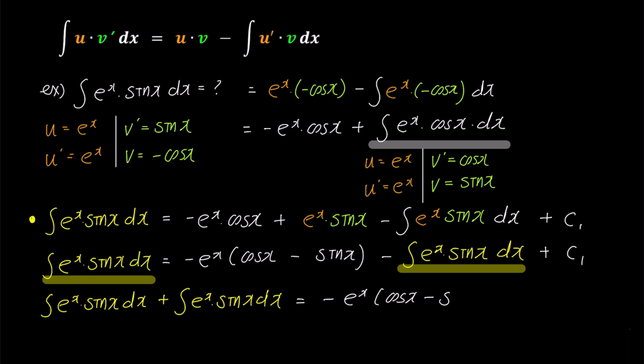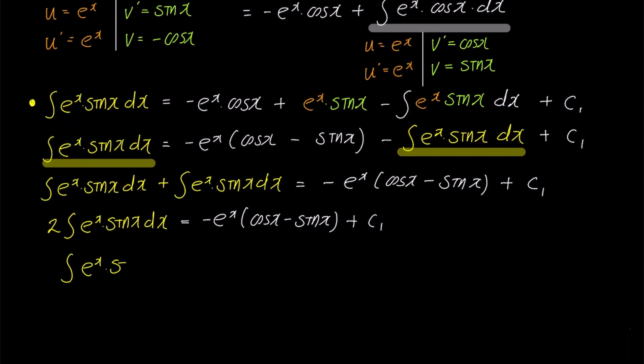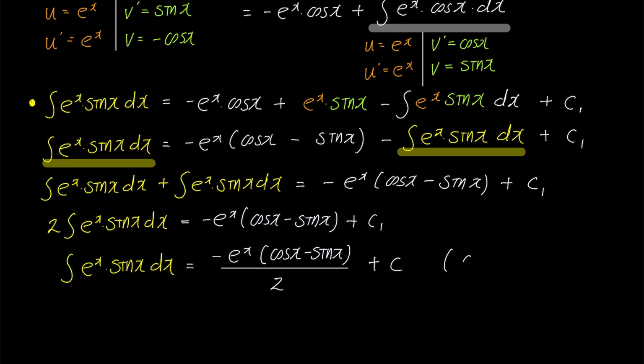Then we'll have two identical integral expressions and the remaining terms will be on the right. Now, if we write this as 2 times integral e to the power of x times sine x dx, the right hand side will become minus e to the power of x parentheses cosine x minus sine x plus c1, and dividing both sides by 2 will give us the answer to the integral e to the power of x sine x dx that we are looking for. Here, instead of c1, I use another arbitrary integration constant c. Ultimately, since it is an arbitrary constant, we do not necessarily have to use the value of 2.